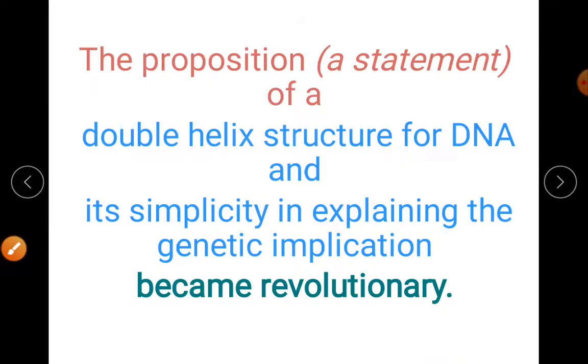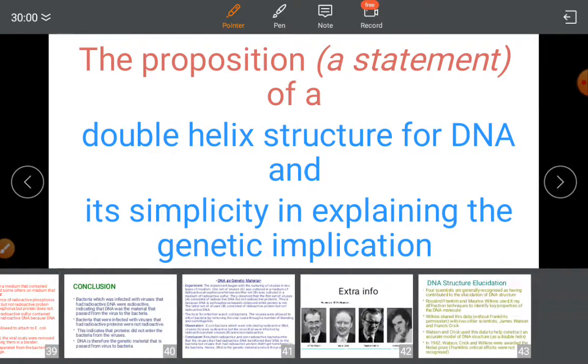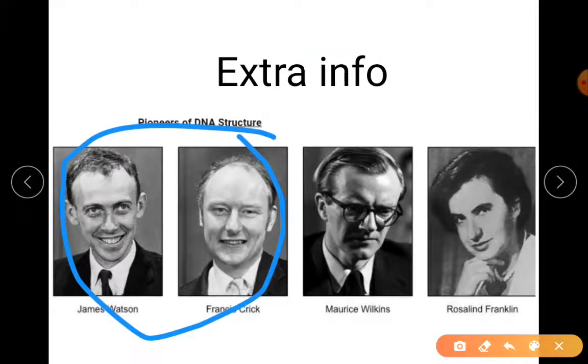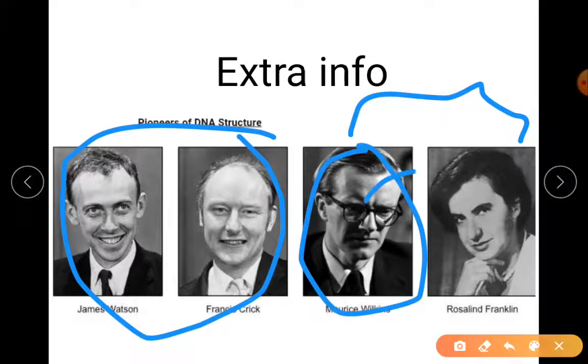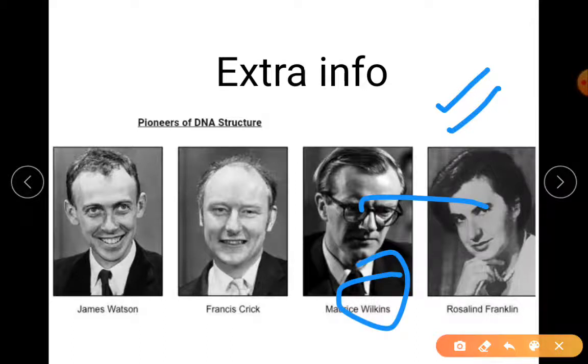Now, before I go there, I wanted to show you, this is extra information. Now you know very well, Watson and Crick are the pioneers of DNA structure. But before that, it was these two scientists who were working together. But this fellow seems to cheat her. Rosalind Franklin was the person who gave the properties of DNA, and she studied the X-ray diffraction and tried to get the structure. What did Wilkins do? He stole whatever she had recorded, whatever study she had done, and gave it to them.